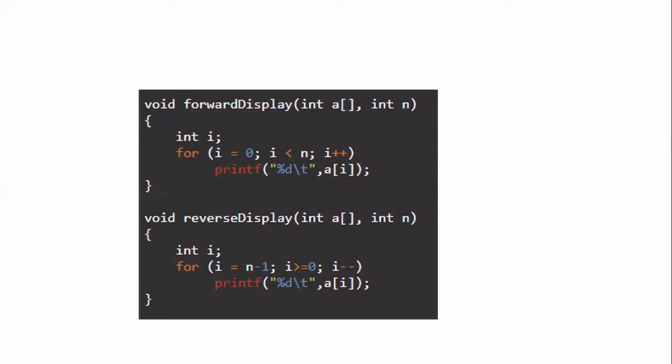Okay, now you have to understand how many arguments you have to pass to this function. First, let us see how to give the name for the function. The function is going to display the elements in the forward direction, so I am writing the name as forwardDisplay. In the first word, all the letters are small letters, whereas in the second word, the first letter is a capital letter. This is the naming convention.